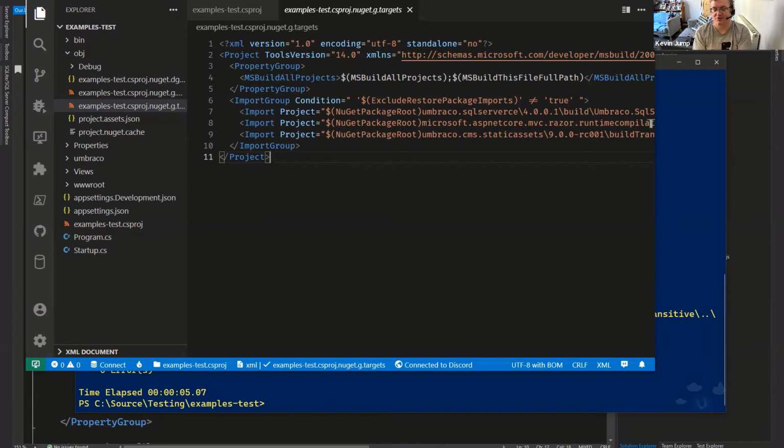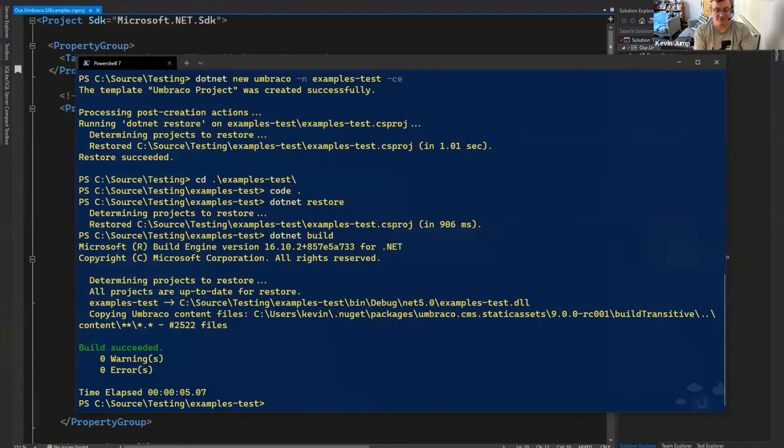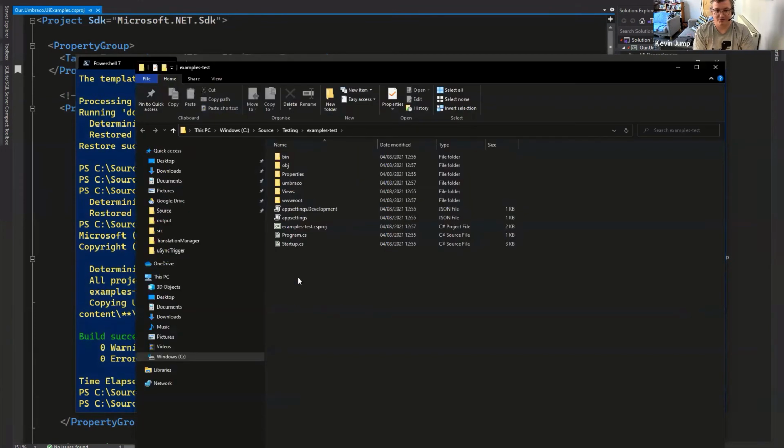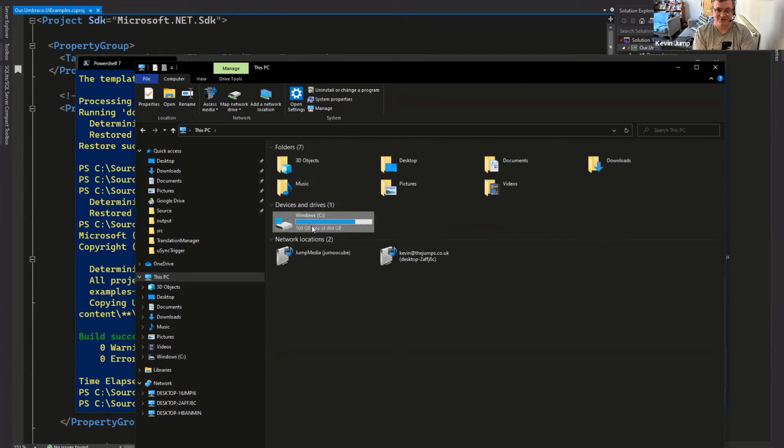So when you're using .NET 5, that file is coming from your NuGet cache now, as opposed to in a .NET 4 project, where you would expect to see a packages folder here with all of your NuGet packages in. But in reality, that now lives in your profile. So when you're debugging package development, a NuGet package that you may have done something wrong to, like I probably just have, it actually lives in